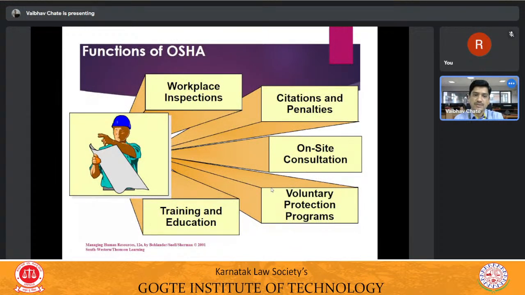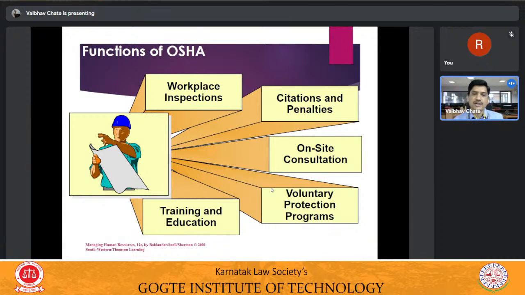Wherever you are going to work, you should see that safety is being addressed properly. This subject is of special interest for employees and employers, irrespective of the organization, whether you are in the teaching field, in industry, in a software company, whatever profession you are in. Occupational health and safety is going to play a very important role. In the coming slides, we'll try to understand why it is important.